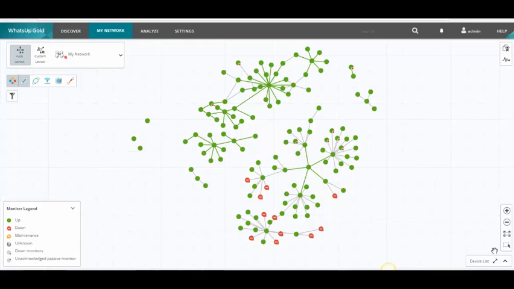First, a little bit about What's Up Gold. What's Up Gold is an agentless and applianceless solution. What I mean by that is it's software that's going to install on your Windows operating system or server, either physical or virtual. And we are agentless in that we're going to use industry standard protocols to gather information from the devices on your network. So SNMP, WMI, SSH, Telnet, TCP/IP, of course. There's no new hardware or nothing that you need to install on the target devices.